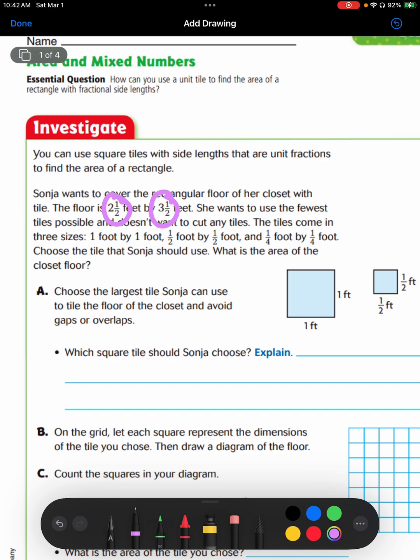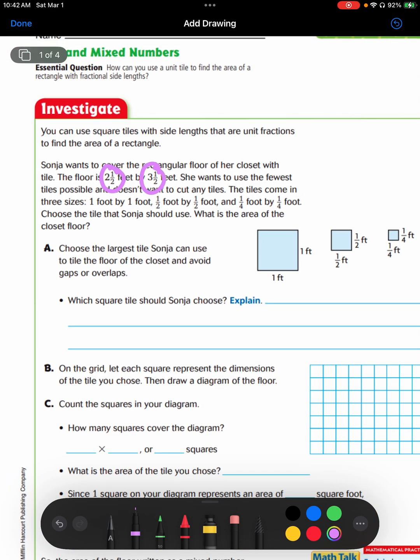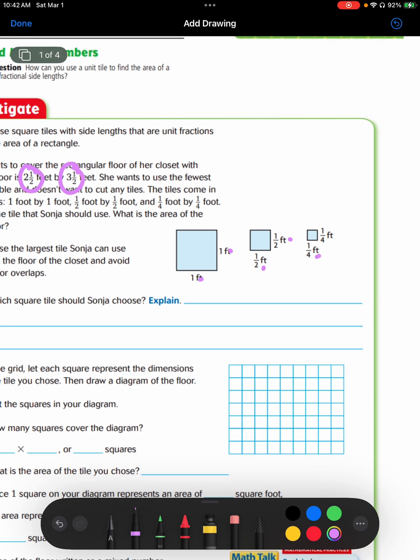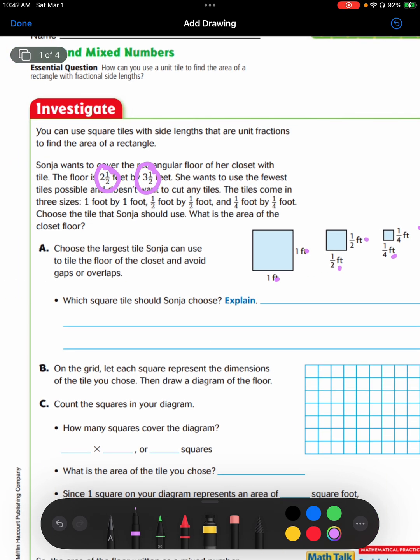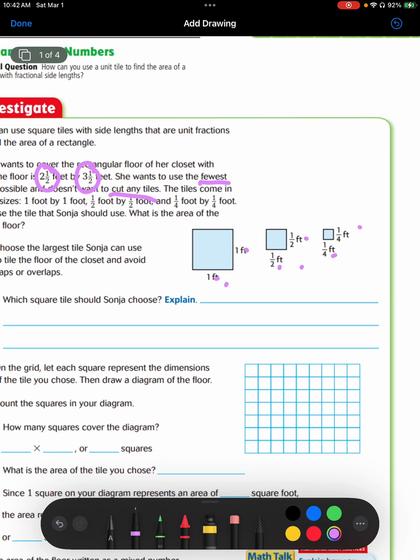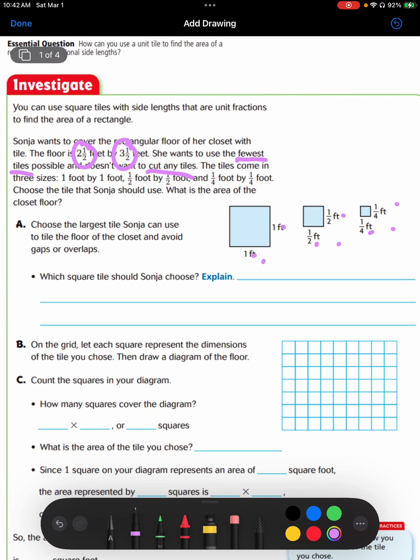but just to start off, they give us some different size tiles. They give us a 1 foot by 1 foot, a half foot by a half foot, and a quarter by a quarter. So basically it says if the floor is 2.5 feet by 3.5 feet, and she wants to use the fewest tiles possible, and she doesn't want to cut any tiles, we have to figure out which size tiles would work the best for this equation. So first things first,